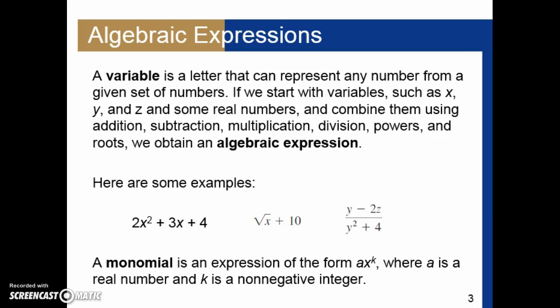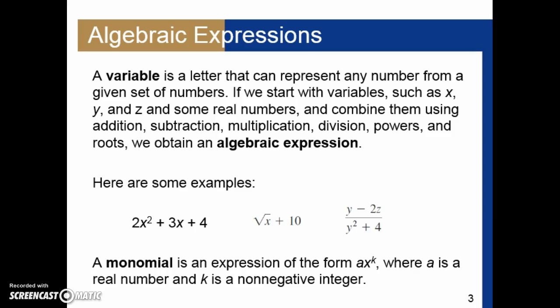We come up with algebraic expressions so that x or y or z can be a placeholder for any set of numbers that would make this expression make sense. If we have an expression with one variable, we call that a monomial. It's an expression of the form a, which is a real number, times x to the k power, another real number, and we can model a lot of mathematic